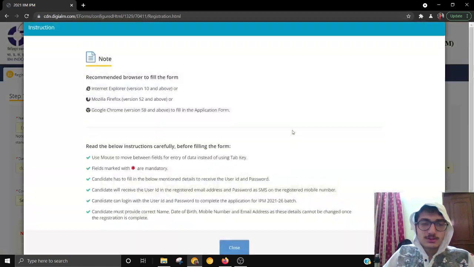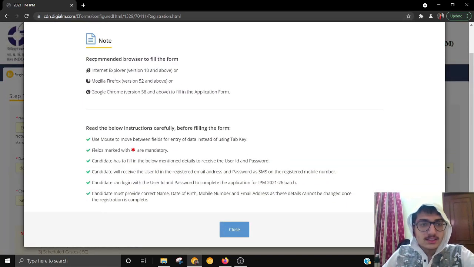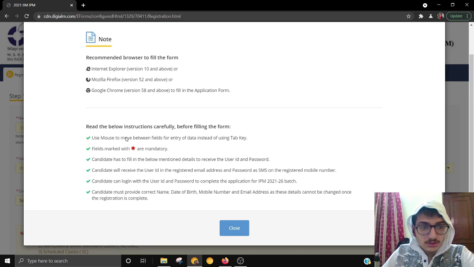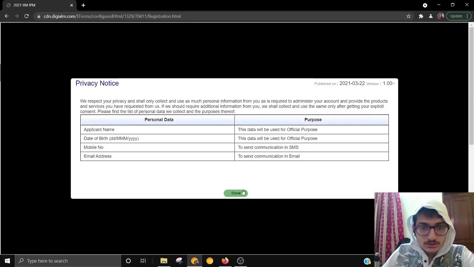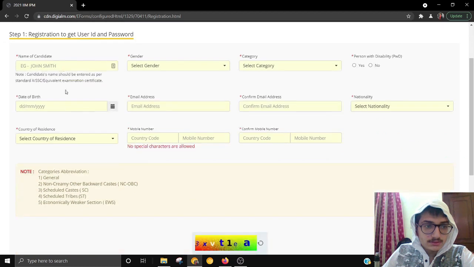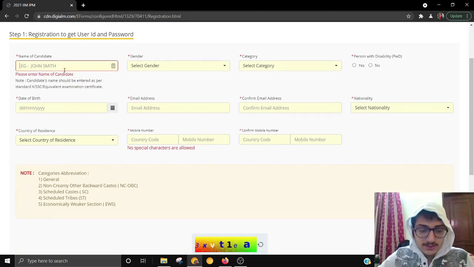So here it's loading, and here are the requirements to fill the form. This is pretty basic stuff, and you all know this. Use the mouse to move between fields; fields marked with asterisks are mandatory, obviously. The candidate has to fill the form with the details mentioned below. It's simple stuff. So these are all the documents that will be required to get your user ID and password. For the name of the candidate, for example, I'll enter Harshal,